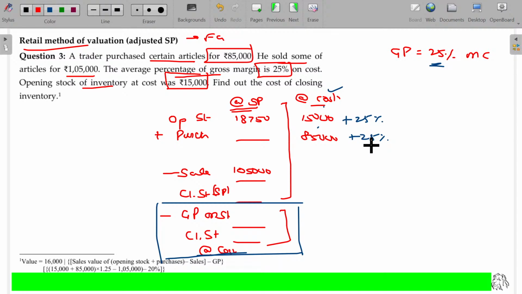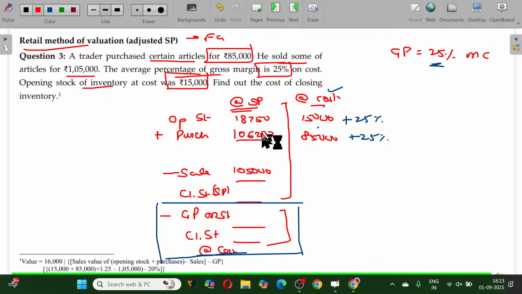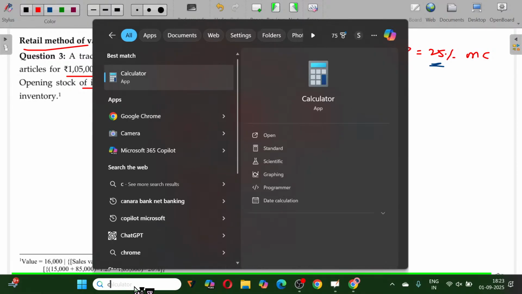1 lakh. See, 1 lakh. 1 lakh. It's a problem with the calculator. That one is correct. She got confused. That's why I'm talking. Okay. See,